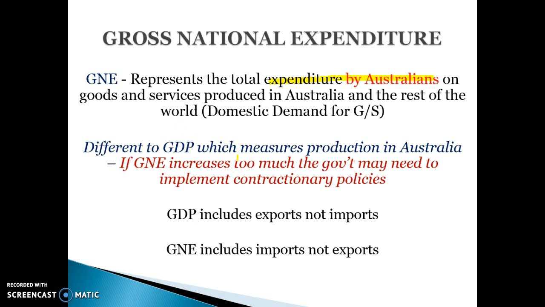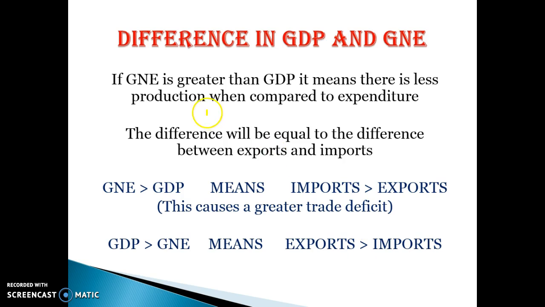production by Australians. So essentially the difference is GDP includes exports because it's produced by Australia, but doesn't include imports because they're not produced by Australia, even though we're the ones that are purchasing them. And G&E includes imports because Australians are spending it, but excludes exports because it's not Australians spending that money. Okay, so if G&E is greater than GDP, it means there is less production compared to expenditure,